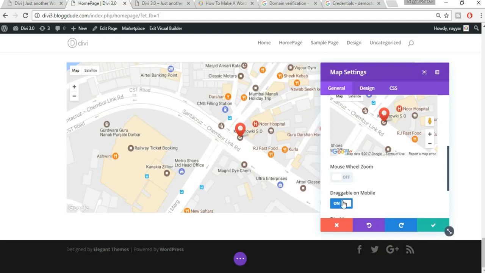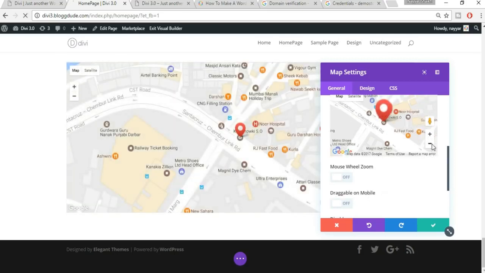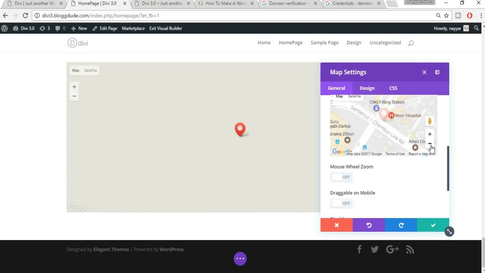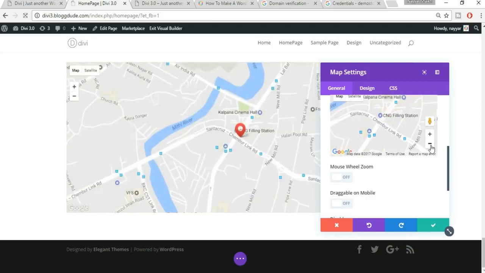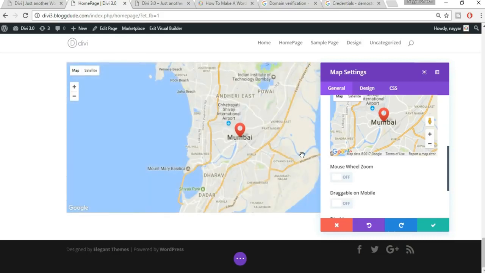So make both this thing off, and suppose you want to make this thing some smaller, you can zoom out from here. Okay, this is our beautiful Mumbai. So just click on save changes,